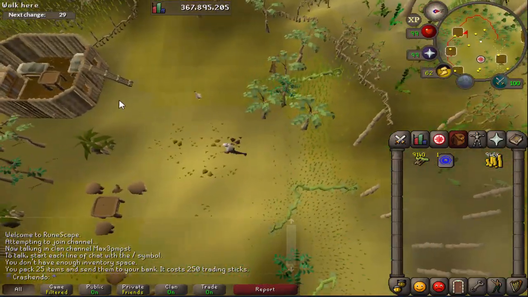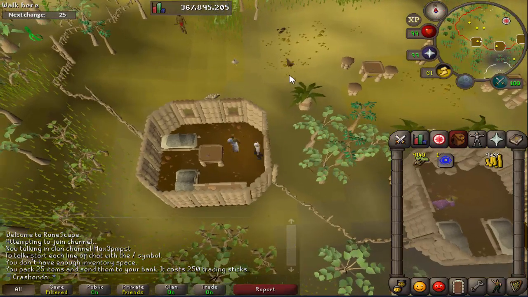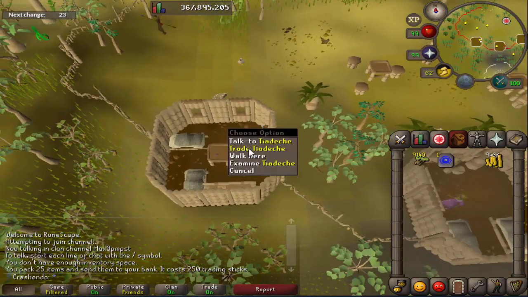Alright, a new update came out where they just recently made it so you can buy Karambwans from the shop that is now instanced from mains and Ironmen. So this makes it a lot easier to get Karambwans and less competition, so it makes it a lot nicer